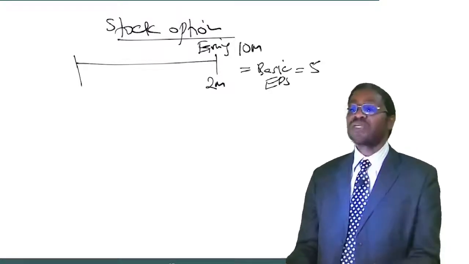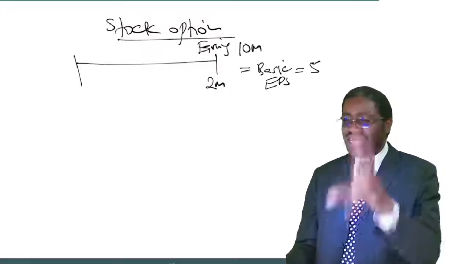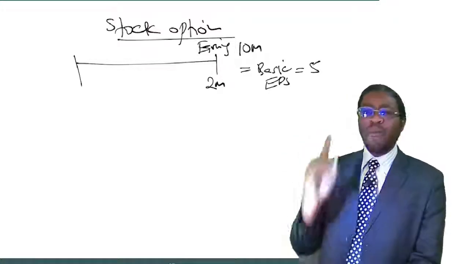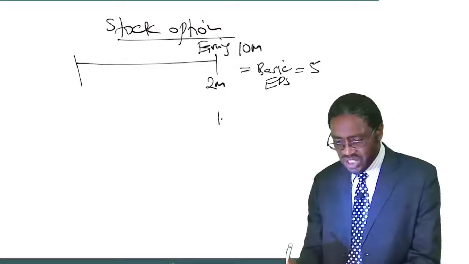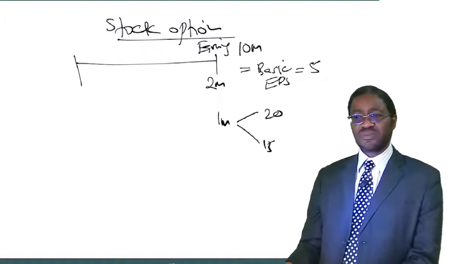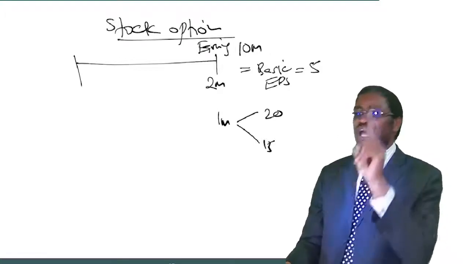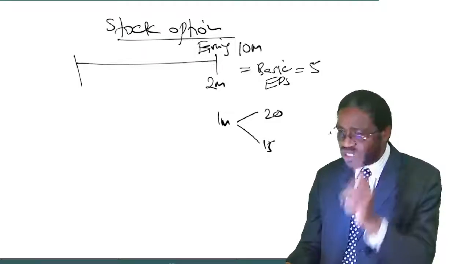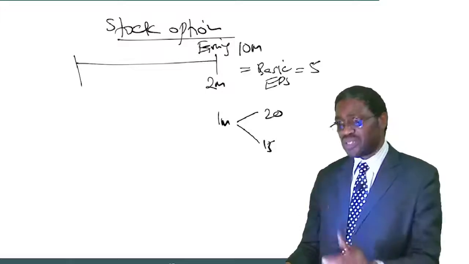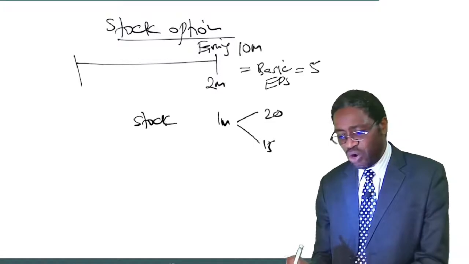Listen now. But your company had signed an agreement with its employees that they will be given the privilege to buy 1 million shares at a price of 15 when the market price is 20. These employees, come the end of the year, have not yet exercised that right. So we still have, by the end of the year, what we are calling a stock option,